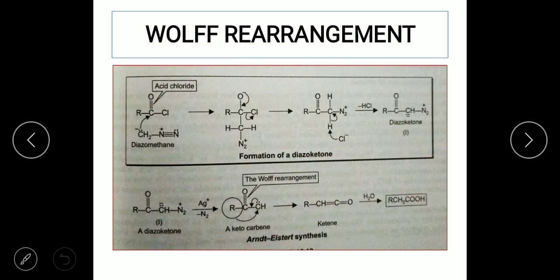So the acid chloride reacts with the diazomethane, and we know that in the diazomethane the CH2 has a negative charge, because you can see it is only bonded to three atoms, that is 2 hydrogen and 1 nitrogen, and hence it has a negative charge on it. So now this CH2 minus is going to attack the carbonyl carbon, because the carbon is more electropositive compared to oxygen and chloride, right? Whenever you see an acid chloride, we know that the carbonyl carbon is always highly electropositive, and hence this nucleophile can easily attack the carbonyl carbon.